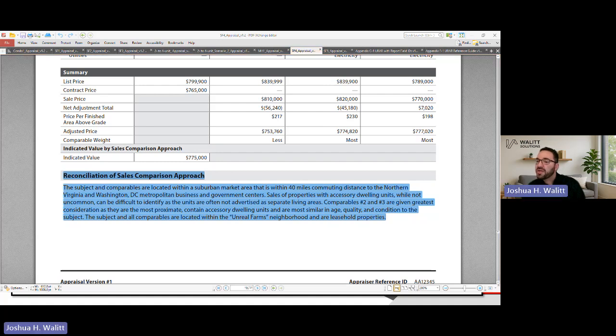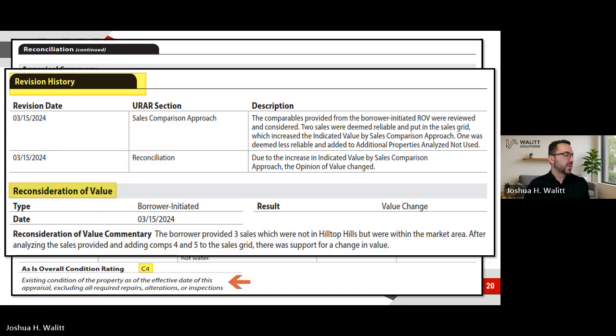Let me make sure I'm handling some questions that are coming through. Is the revision history section auto-populated? So you have to describe what you did. This is all going to be you here. The changes that you're making, things like that, that's totally in your control. You can choose which section and so on, but it's really a formatting change there. I wouldn't say conceptually it's going to be different. You would still explain what you're doing.